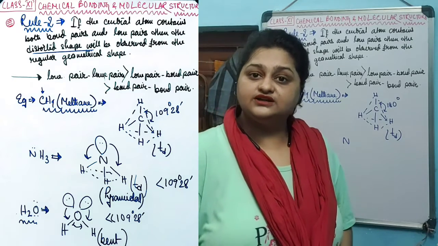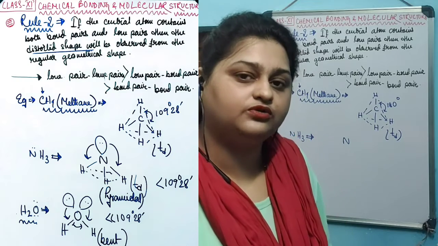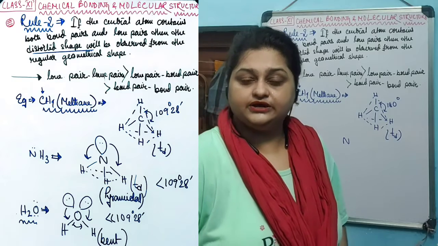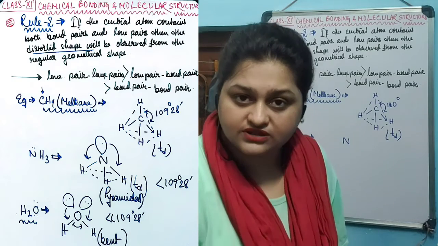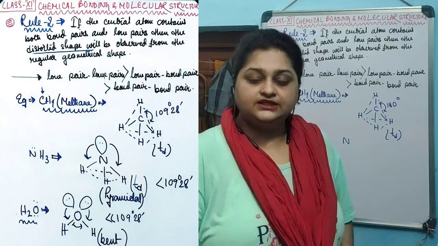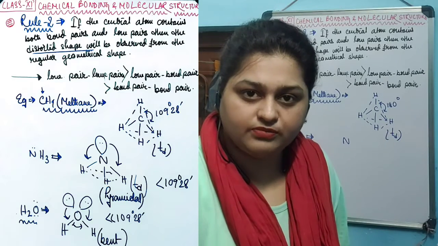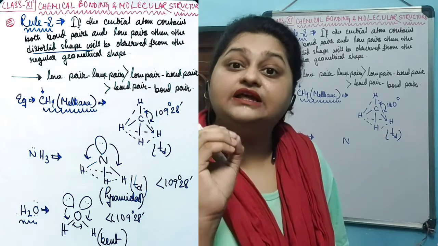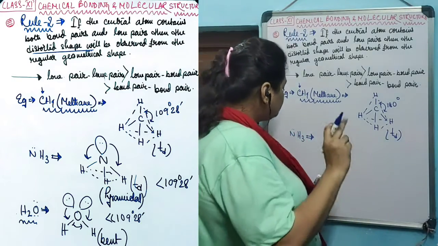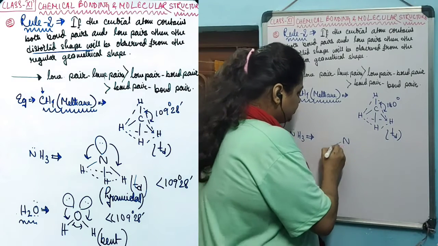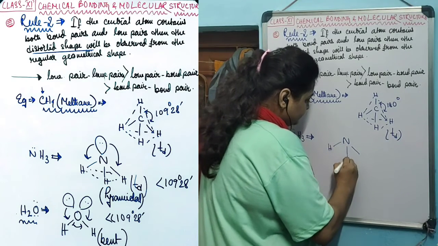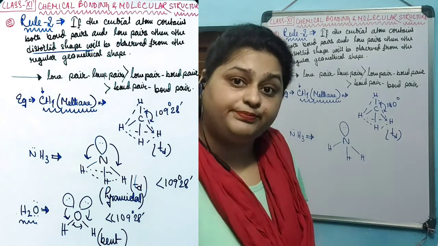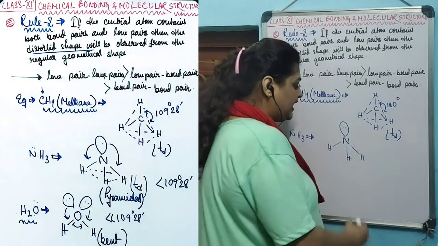But we should not consider only the last one that we had talked about. We say the number of bond pairs or number of electron pairs around the central atom. We do not consider only the bond pairs. In the last one that we talked about, it was the number of electron pairs around the central atom. Now here are 2 different electron pairs, 3 bond pairs and 1 lone pair. This is also an electron pair that is situated around the central atom.